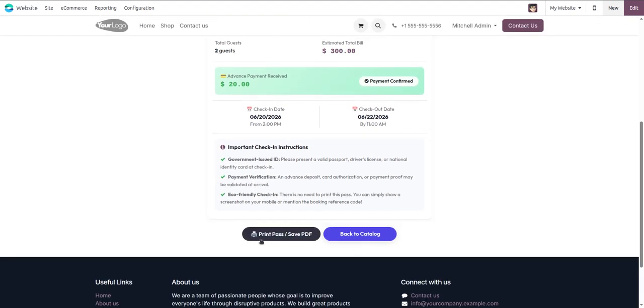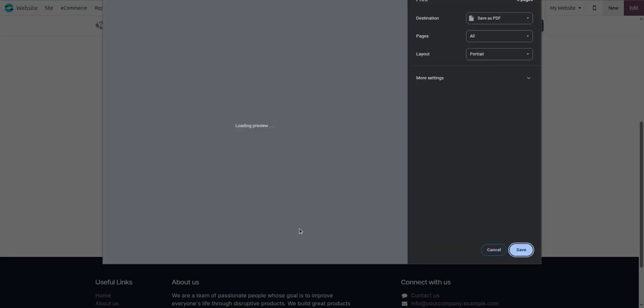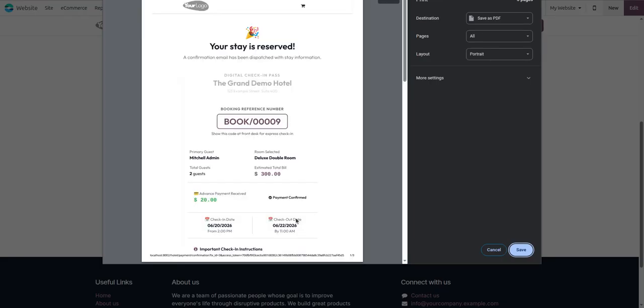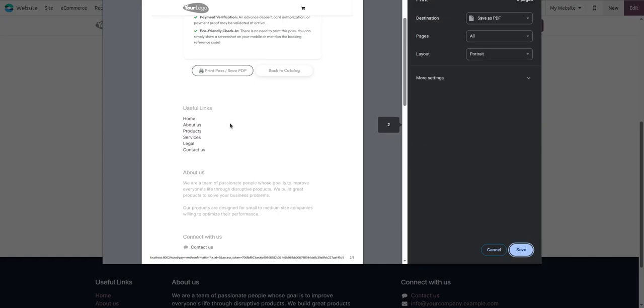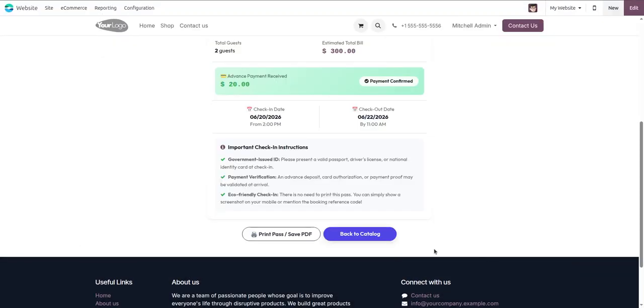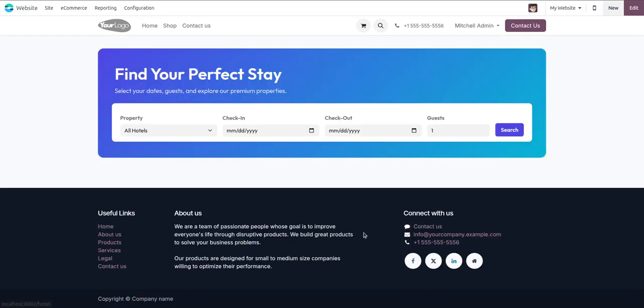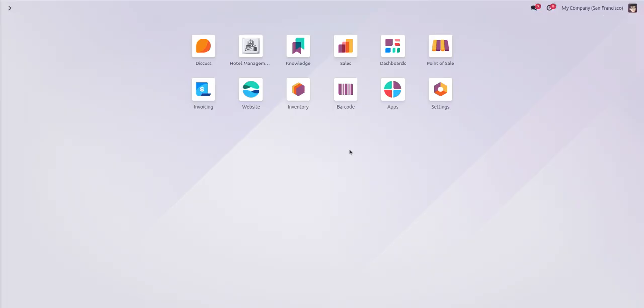You can see we have the print, pass or save PDF. This is basically a feature that will click a screenshot and save this page detail to your device. And later we have the back to catalog. When we click on it, we will be redirected to this search page. So let's just go to this